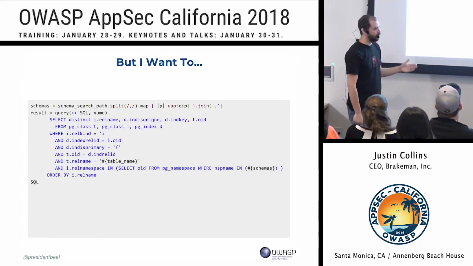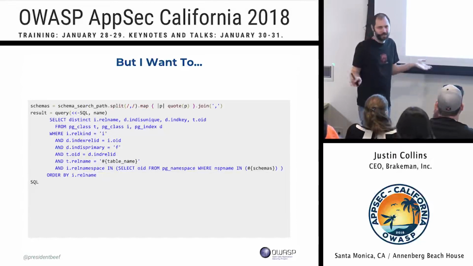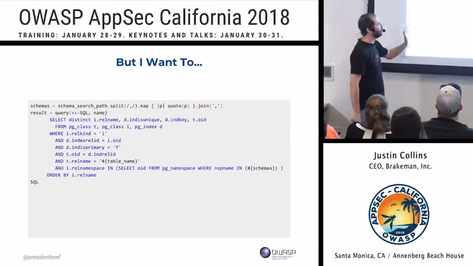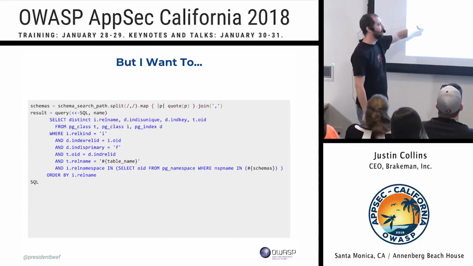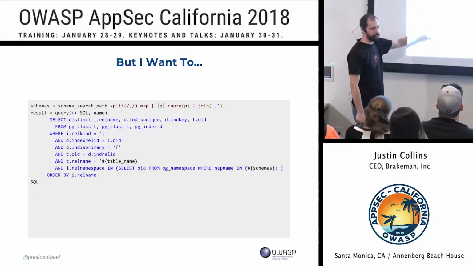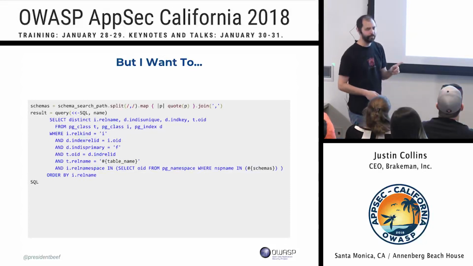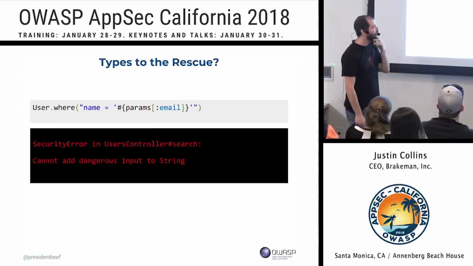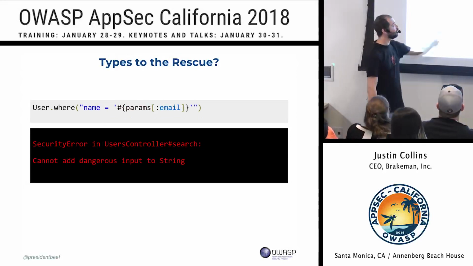But developers want to write stuff like this. Not just developers, everybody. Everybody wants to write code like this, where I'm like, well, look, I am an expert, and I need to do this complex query, and I want to be able to generate it dynamically. So one thought that I had, and I think this is a very good thought, which is why I'm sharing it with you. And I'm sorry we're getting Rails heavy here, but it's where my experience is.